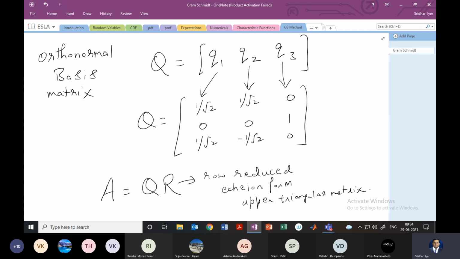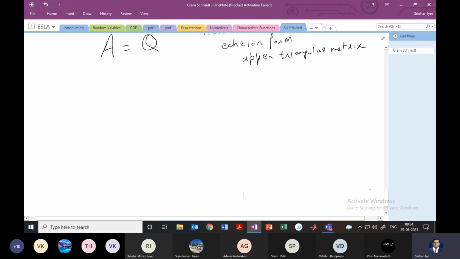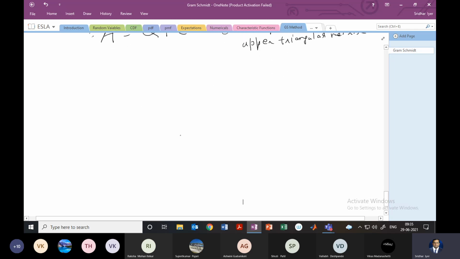So Q is something which we have found already. We need to find R. A is already given to us, right? So it's actually not a question. It is basically saying that can you factorize A in the form of Q into R, right? So we should be able to do that. Okay. So let us see how we can do that. It's not a part of this question, but in most of the questions on GS process, they always ask you how to factorize it, right? So let me put the heading. The heading here is factorization.